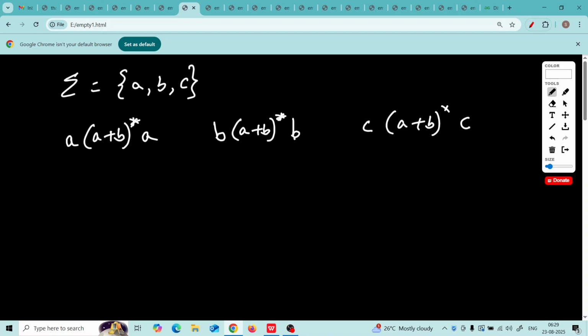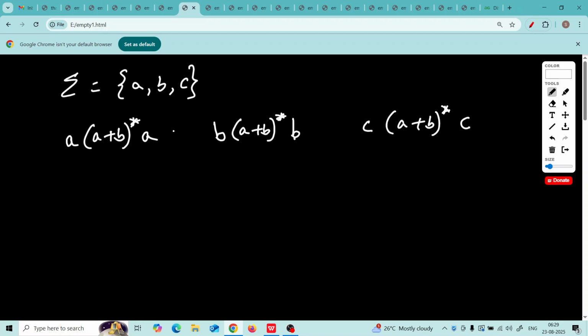So we'll say if the string begins with A, it should end with A, but in between there can be any combination of A, B. Correct? But if the string begins with B, then it should end with B, same letters, but in between there can be anything. But if the string begins with C, then it should end with C, but in between there can be anything.